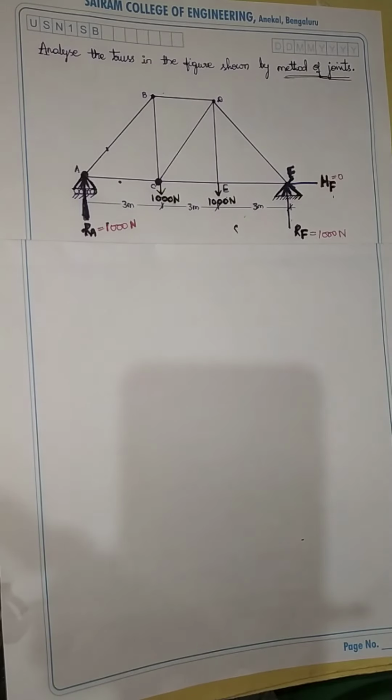Okay, now we will select the point which has fewer unknowns. If I select point C, for example, you can see 1, 2, 3, 4, 5 forces. In these 5 members, all 4 are unknown, so you can't find any of the magnitudes here. So we have to select joint A. So first we will consider